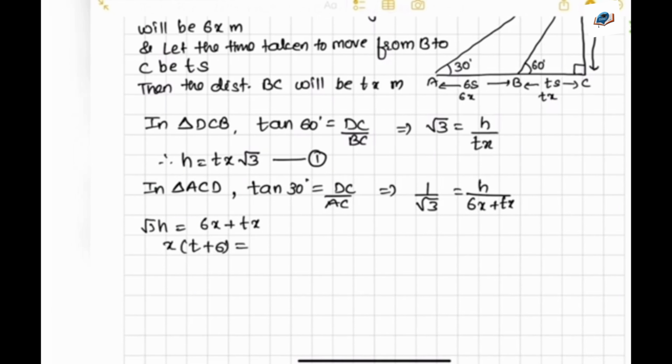So, x into t plus 6 equal to root 3 into root 3 tx. So, I can say 6 plus t equal to, see this I got from 1. I have put the h value there directly. So, 6 plus t will be equal to 3t. So,